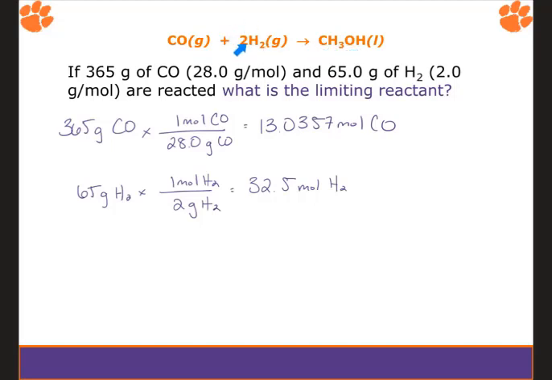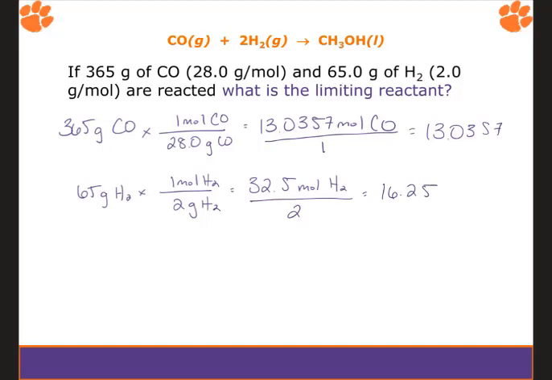For diatomic hydrogen, I need 2 of these for every 1 mole of CO that I'm putting in. So to really check your number of moles, you want to divide by the coefficient. Here, obviously, we're dividing by 1 for the carbon monoxide, so that doesn't change. But for diatomic hydrogen, I'm going to be dividing by 2 because I need 2 of those. So that's going to be